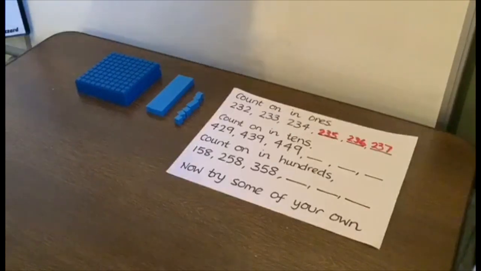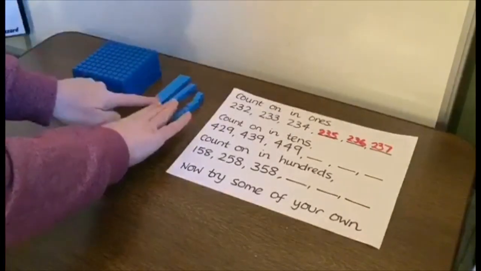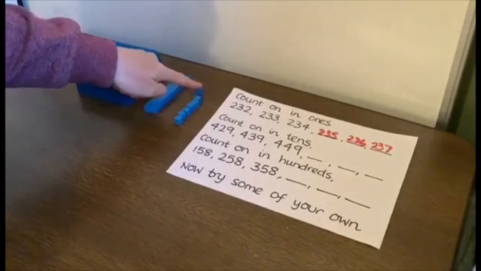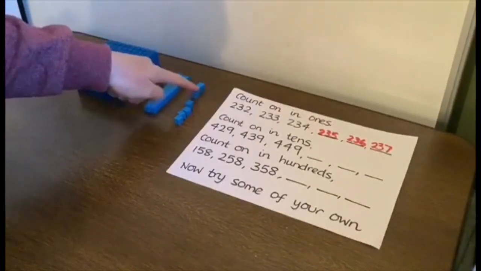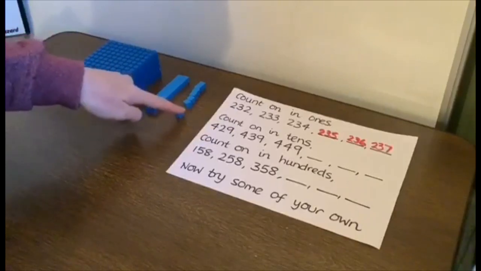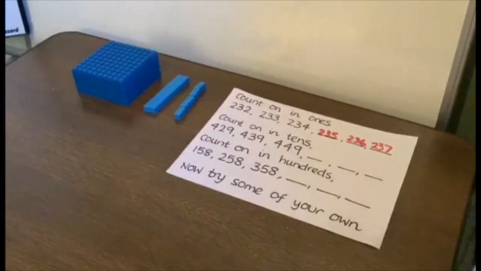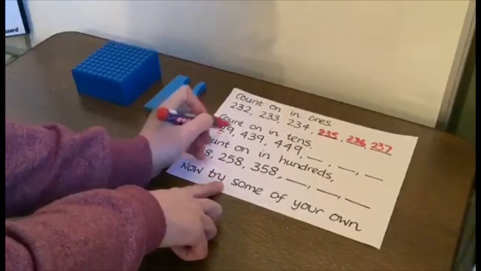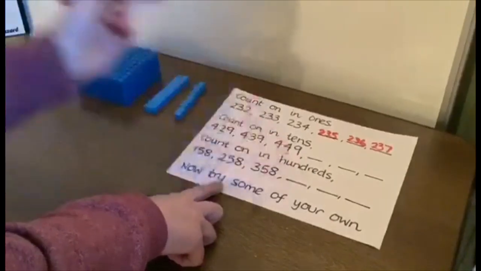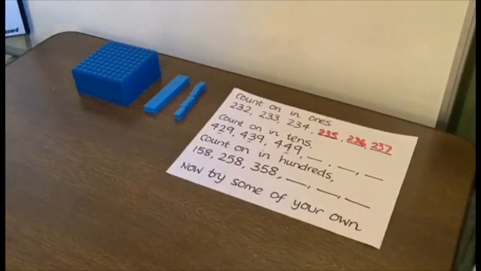Okay, let's go on to our next number. So this time we have 429. Okay, but this time we're counting up in tens. So each time the digits are going to go up in tens. One more lot of tens. So we have